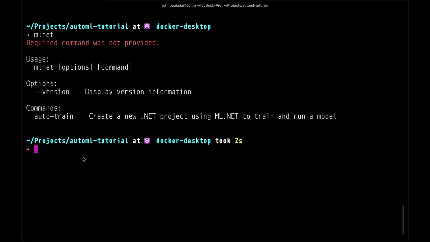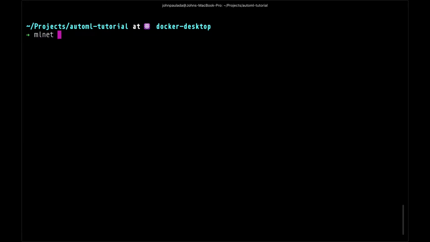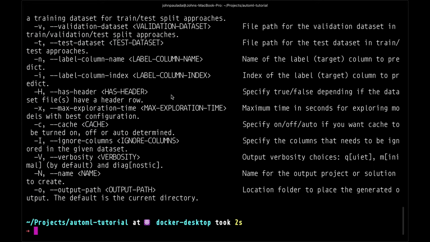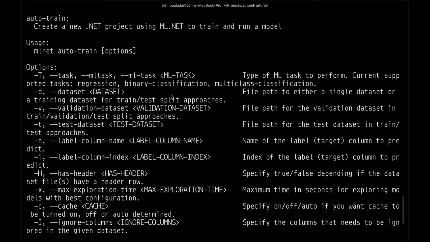So, tingnan natin. Right? So, mlnet auto-train. Now, irarun natin ulit to without specifying the parameters or arguments kasi gusto natin ulit makita yung help. Right. So, a lot of things going on in here. So, meron tayong task. The important ones that we have to use are task, which specifies kung anong task yung